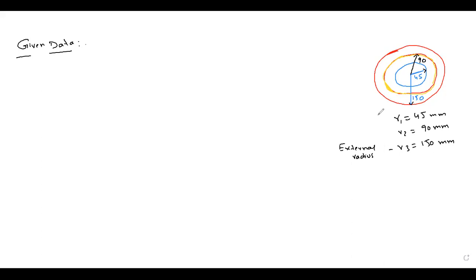Okay, external radius R3. And the next one is R2. So R2 is the outer radius of the inner tube, so I can consider this at the junction. And R1 is the inner radius. So what else is given? They have given even the Young's modulus as 200 giganewton per meter square. There is another thing given, which is the difference of radius at the junction.